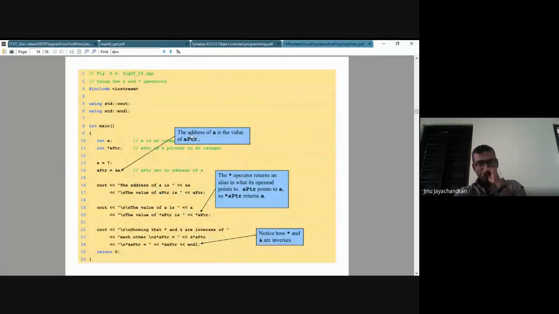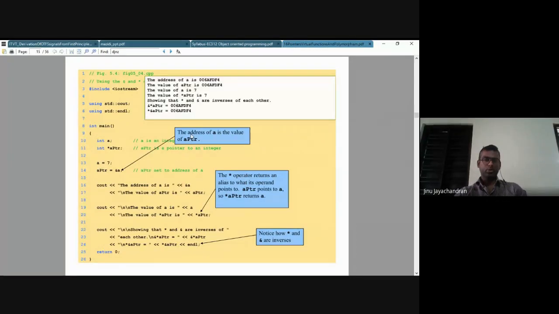This is the program that we did. The variable names might be different, but it is the same program. We have printed the values of a and star aptr, values and addresses. Now, ampersand and star are actually inverses of each other. It's just like multiplication and division.